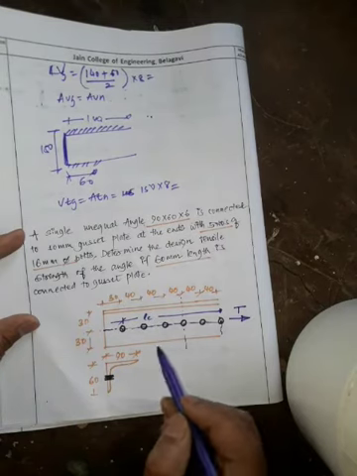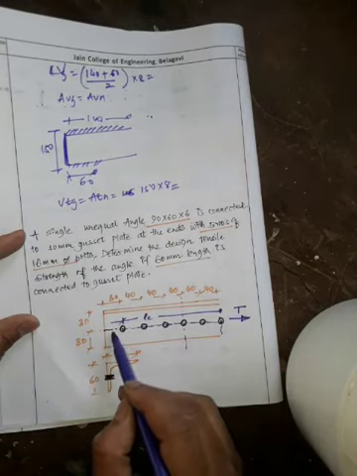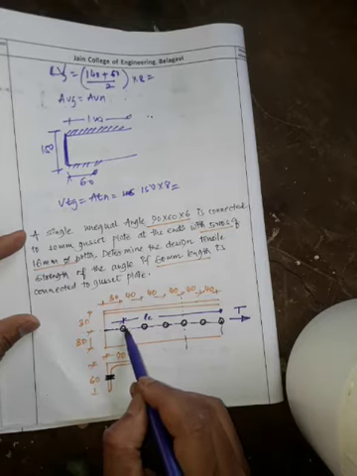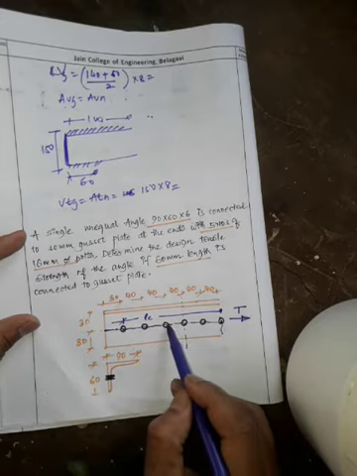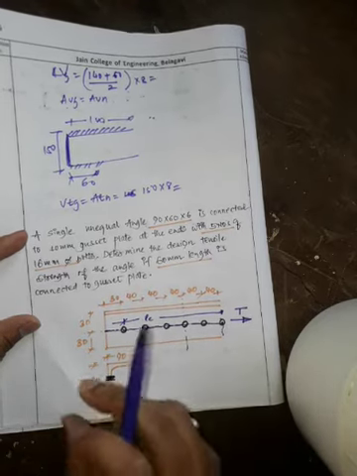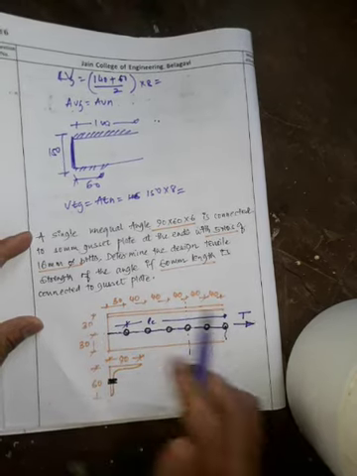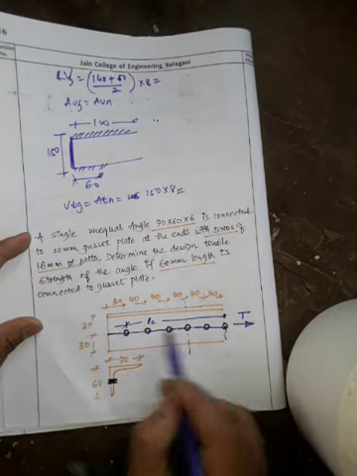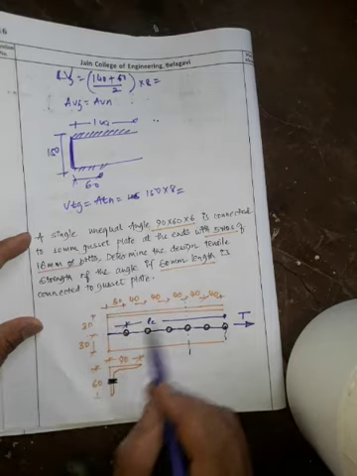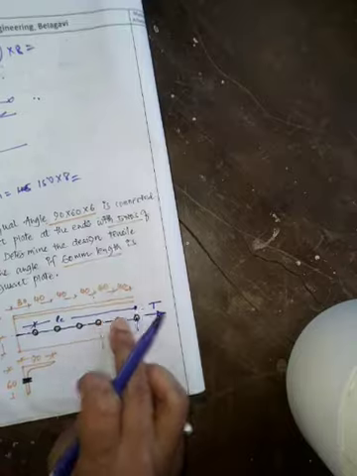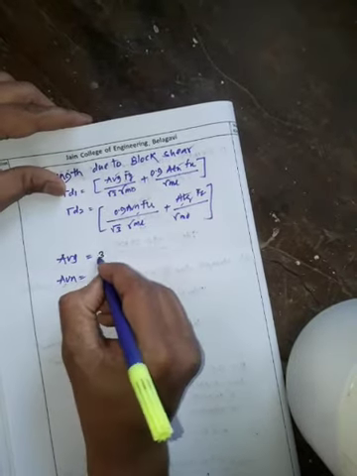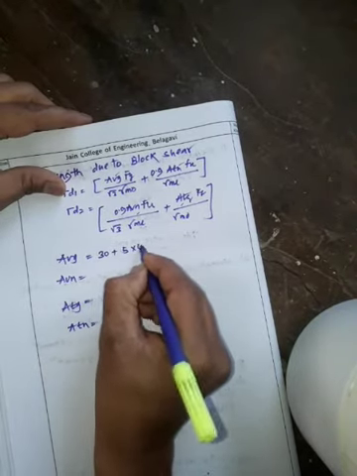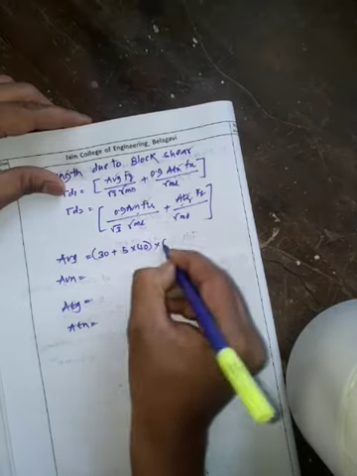So what is AVG? The area of the portion which will come under the block shear failure along the direction of force. So this AVG is 30 plus 5 times 40. Okay, 30 plus 1, 2, 3, 4, 5. So AVG is 30 plus 5 times 40 into the thickness, which is 6.